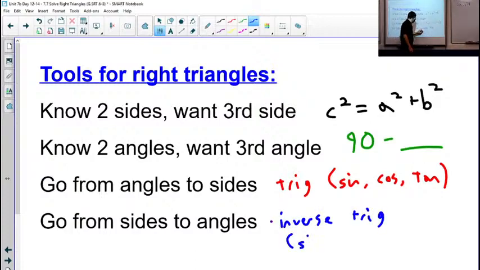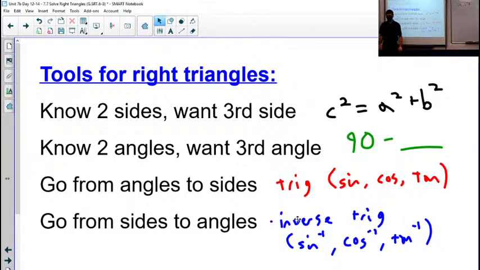That is inverse sine, inverse cosine, inverse tangent. So again, to go from angles that I know to sides that I don't, you're going to use your sine, cosine, tangent. Sides that I know to angles that I don't, we're going to